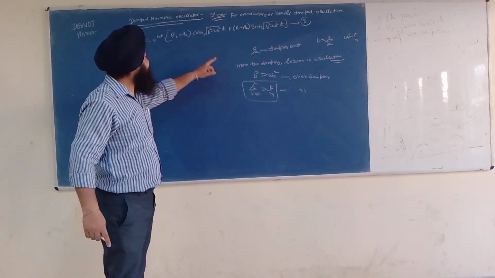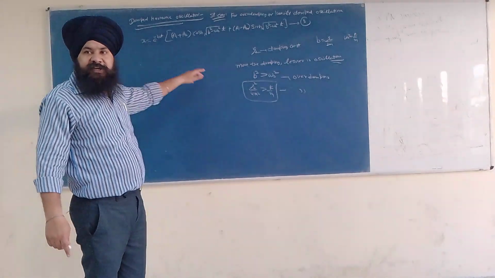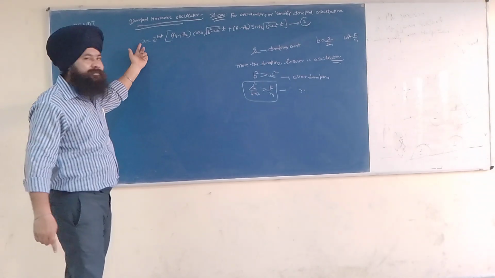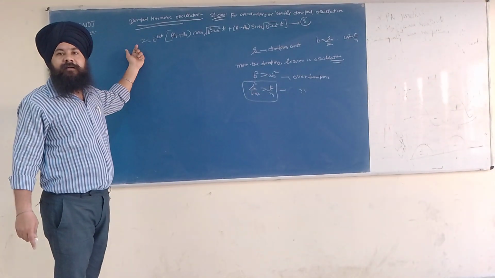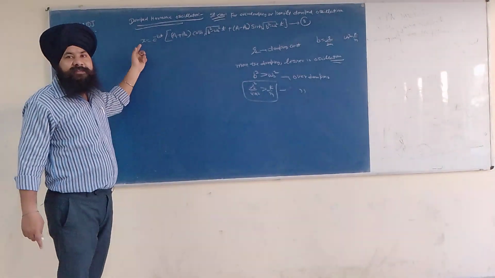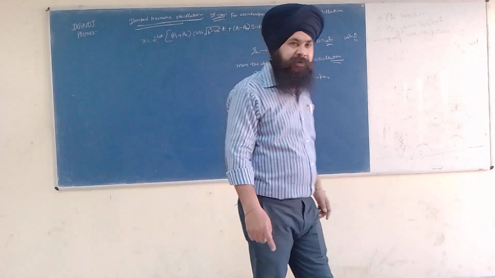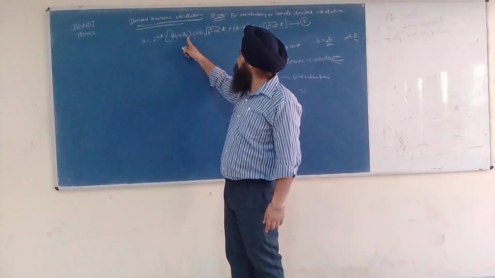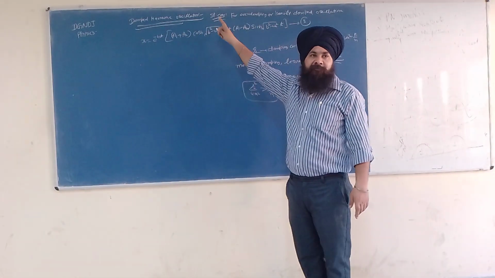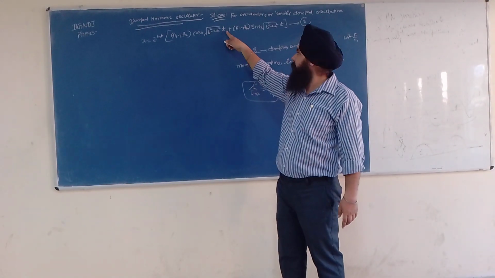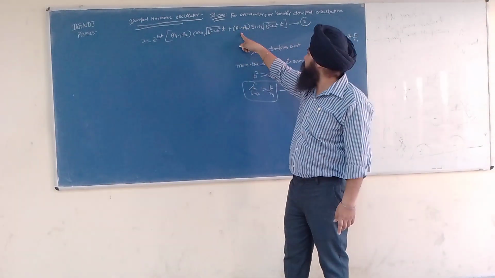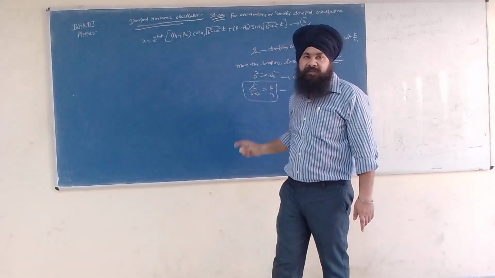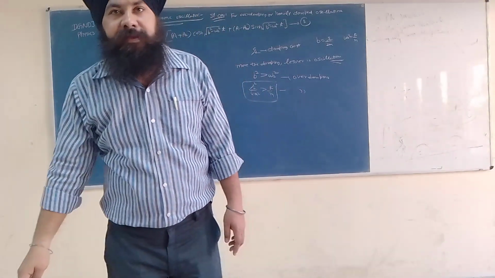Using these conditions, we have derived this displacement. What is x? x is called displacement. So x is equal to e raised to power minus bt times a1 plus a2 cos hyperbolic of square root of b square minus omega naught square into t, plus a1 minus a2 sin hyperbolic of square root of b square minus omega naught square into t. This is called our equation number 8.